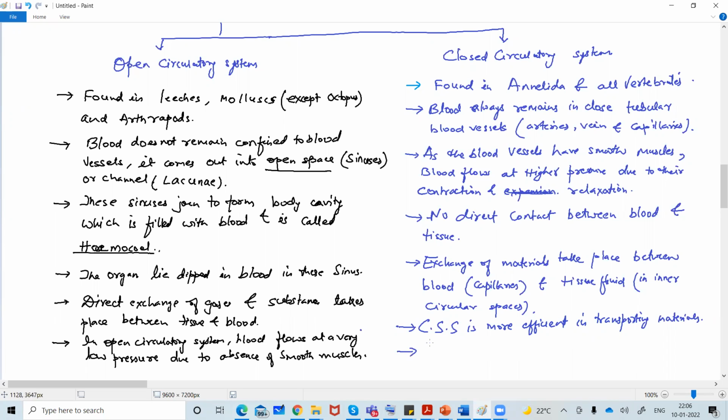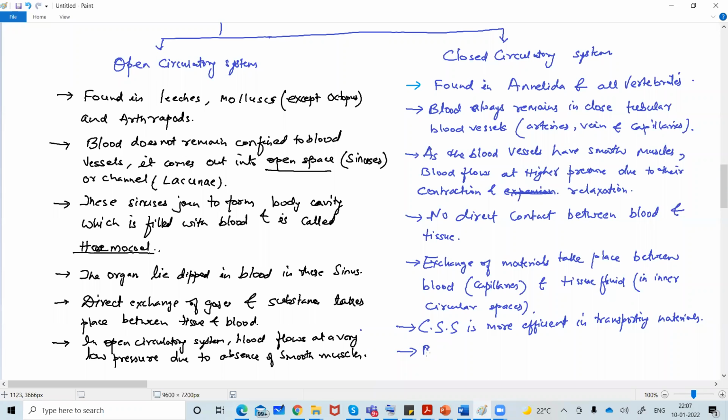Now, if you want to control the flow of nutrients or flow of anything, that can be done easily by controlling the contraction and the relaxation of the smooth muscles. If that is being controlled, you can control the blood flow, right? Like every vehicle has a brake, so the brake helps to stop the vehicle at any time. In the same way, blood vessels also have a braking system, but there is none as such. The flow is being controlled by regular monitoring of the expansion and the contraction of the blood vessels.